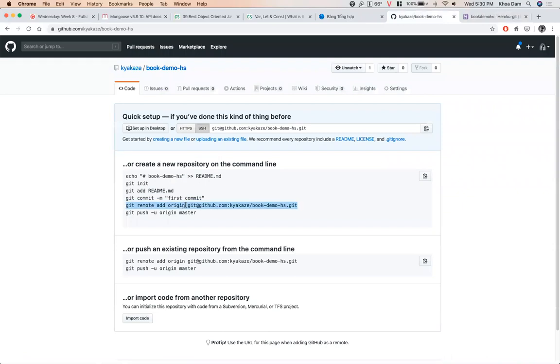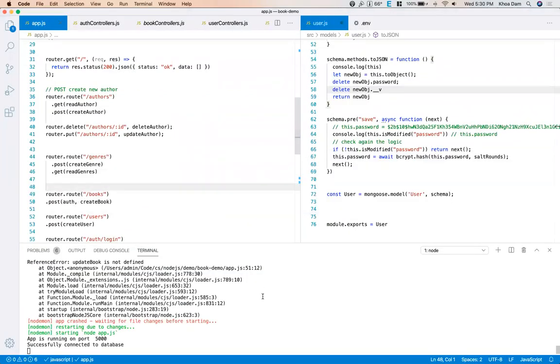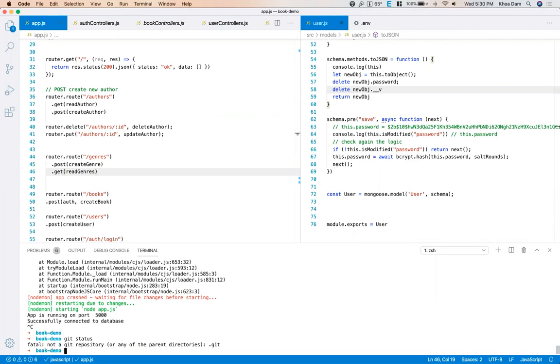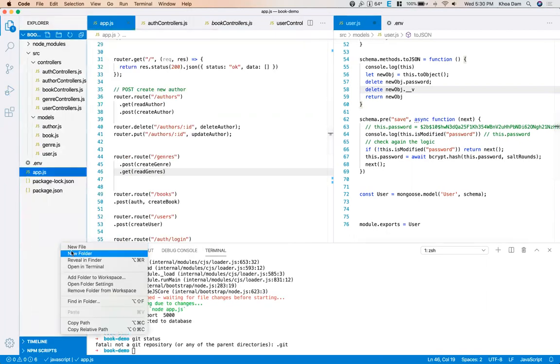So I'm gonna copy this one, and this is the project we were working on. Yep. So everything is fine. I'm gonna close out server. This status. There's no thing, so I'm gonna do git init. Before I do git init, I obviously have to create a